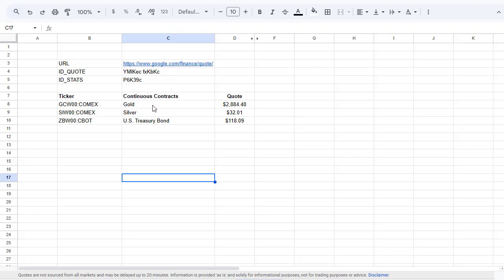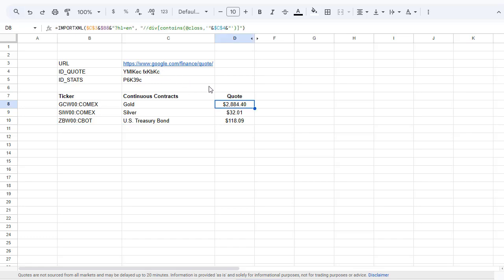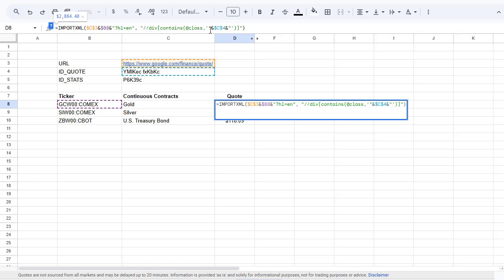So going back to our Excel sheet. What I've done now is I've written down all the tickers for the future continuous contract. For gold it is this one, for silver it's this one, and for the US Treasury bonds it's this one. And to get the price, we build with the IMPORTXML a string, and then we look for a specific quote and ID, and once we plug it in, we get the